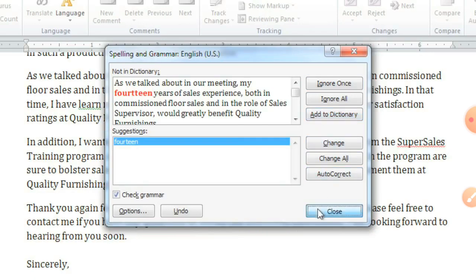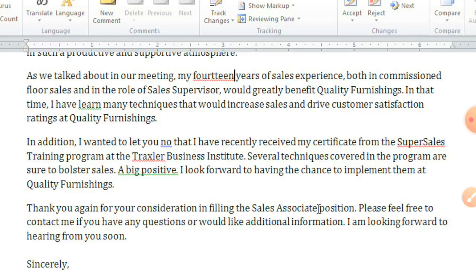Fourteen, as you can change it. Now there are many mistakes on the screen. You can see there are many mistakes in the typed matter. So you can check it manually by right click on these. As you can see, red, green, and blue.